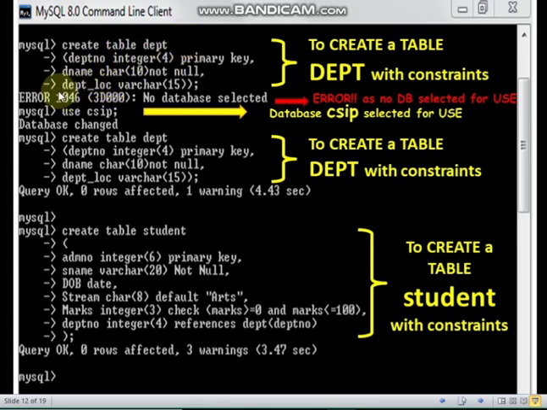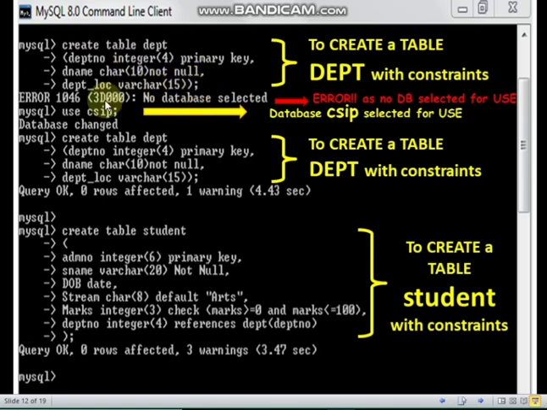So DEPT_LOC is the name of the third column, the data type is varchar, and the size is 15. This is the bracket closing of the DEPT table, the bracket closing of the CREATE TABLE parenthesis which you started here. Finally it ended with a semicolon.